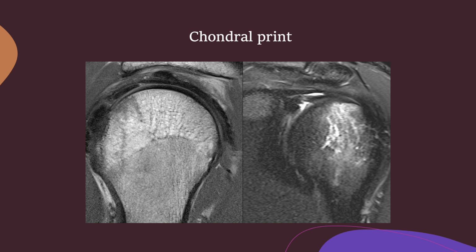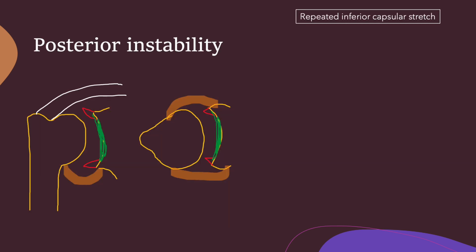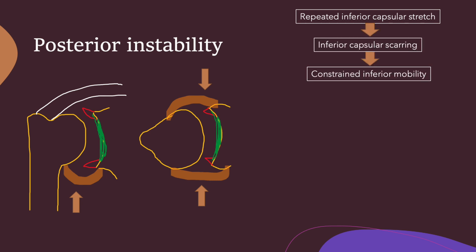Now, as this biceps rubs across that area, it produces bone marrow edema in the humeral head at its point of transection, and that we get something called a chondral print, or this bone marrow edema in that region. So posterior instability, just to summarize, is a situation where we get repeated inferior capsular stretches. The repeated inferior capsular stretches lead to inferior capsular scarring. The inferior capsular scarring leads to constrained inferior mobility, which means the humeral head starts to move superiorly and posteriorly